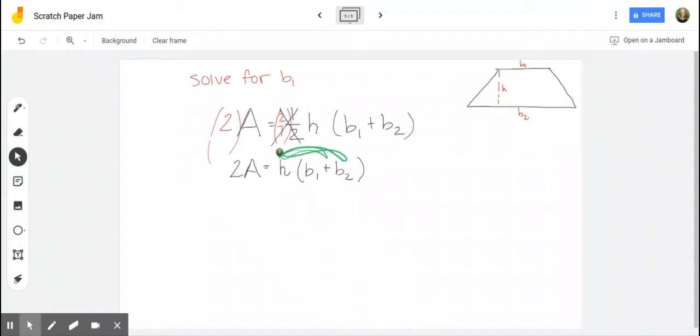So why don't I just divide and get rid of the h and not worry about it? But we know if we do something on one side, we have to do it to the other. So we have 2a over h equals, your h's cancel,